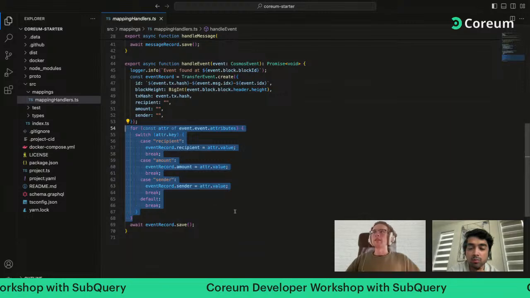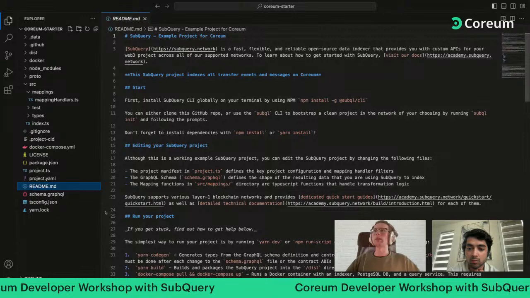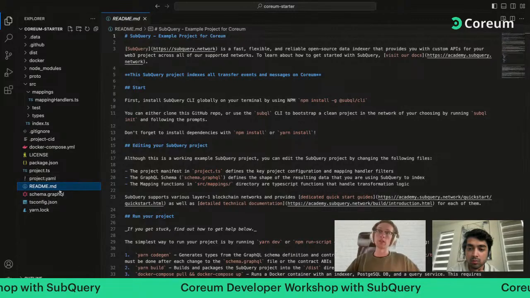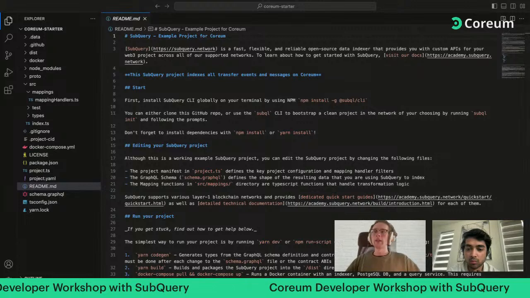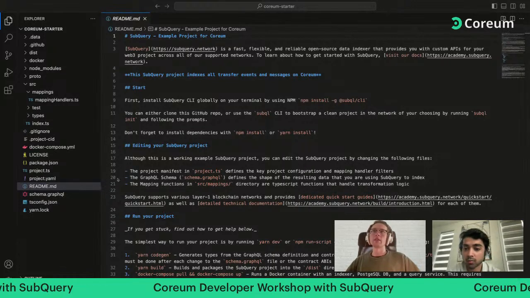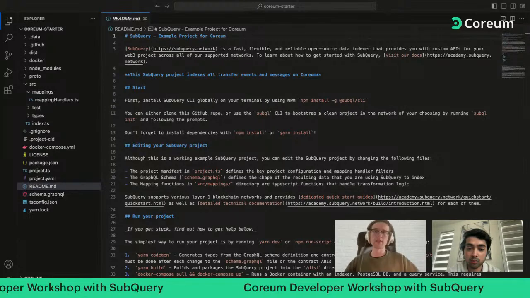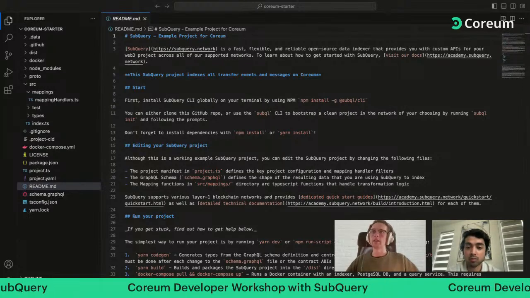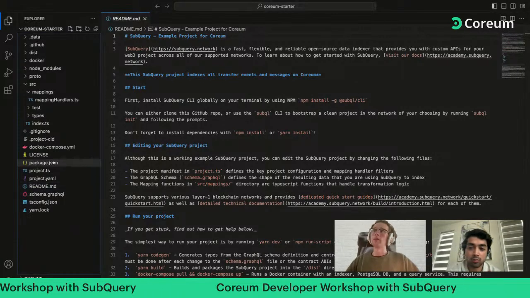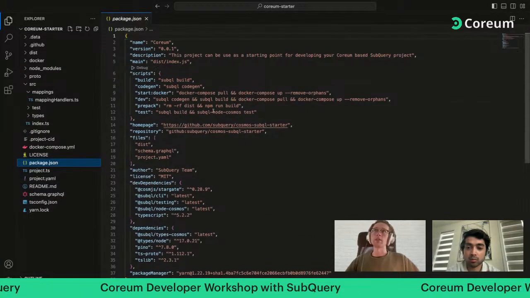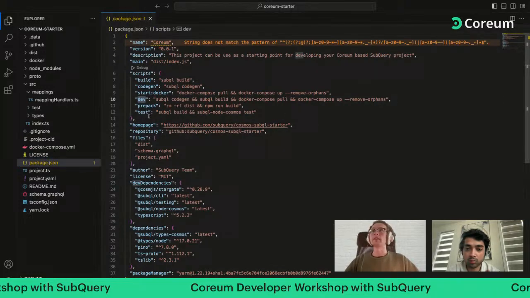The next step is to launch all of this. As I was telling, the simplest way to launch it would be the Docker file. But for safety reasons, I have already published it to the managed services, a centralized solution for SubQuery projects to be hosted. But if you were interested in launching a project via Docker, you could simply use this small command,